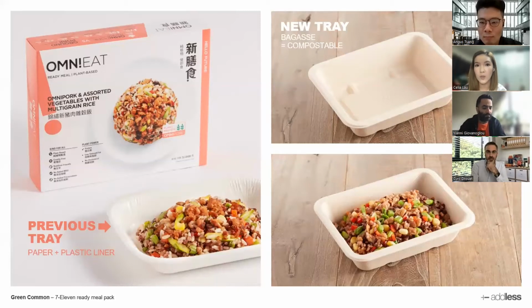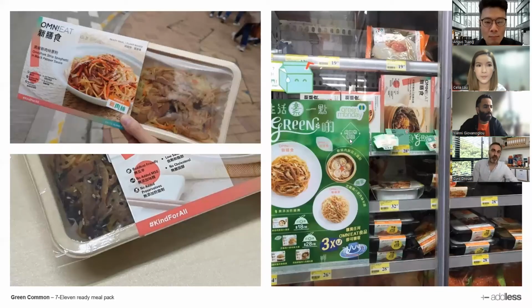in China. So we brought in the compostable tray, which is fully home compostable and biodegradable, also certified in Australia and the EU for home compostability, to bring this tray into 7-Eleven as a complement to our plant-based meals offering. So the photos on the right show the compostable trays that we are using right now. So we can move to the next slide,